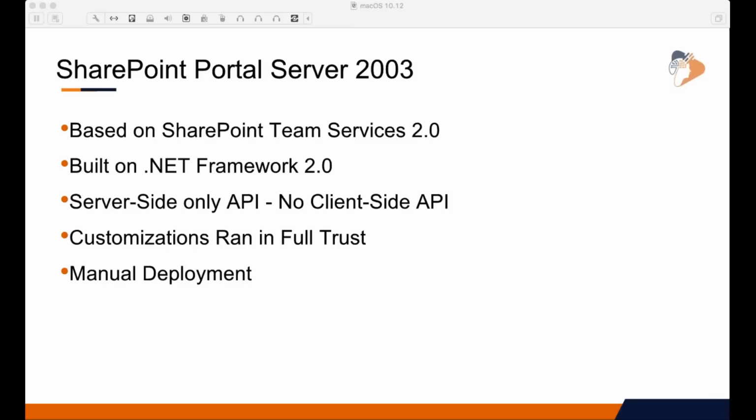This is where I started. It was built on .NET 2.0. It was the first version that really embraced the .NET framework. And when I say it was embraced by developers, I say that very loosely because we had no development model. The API was not documented. If you remember a tool called Reflector back then, man, that was your best friend. So we had to figure out how Microsoft did stuff and then write our own code. The only API we had access to, if you want to call it that, was a server-side API. And it was the same one that Microsoft used to implement SharePoint, the web experience. So we were basically doing the same thing that they were doing.